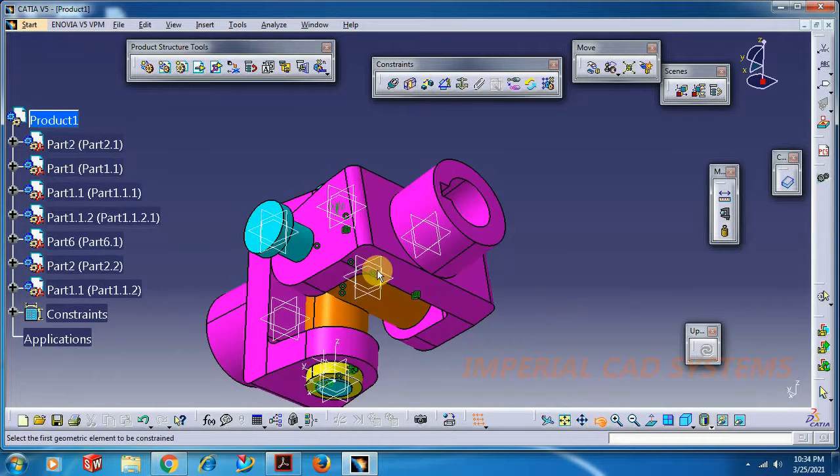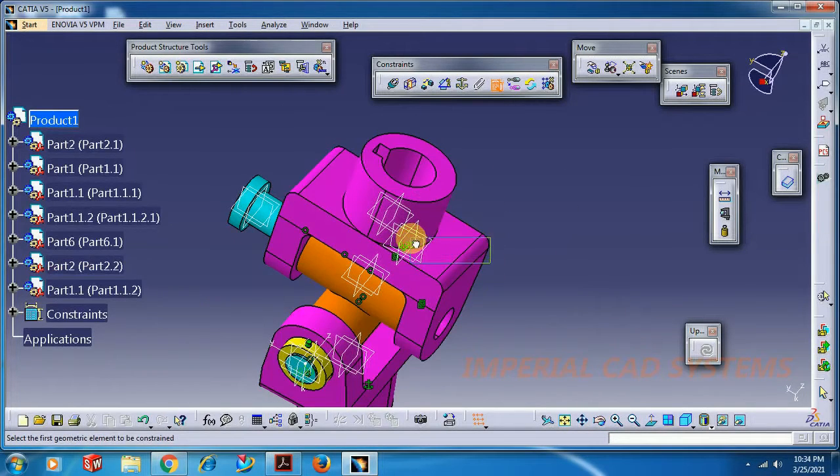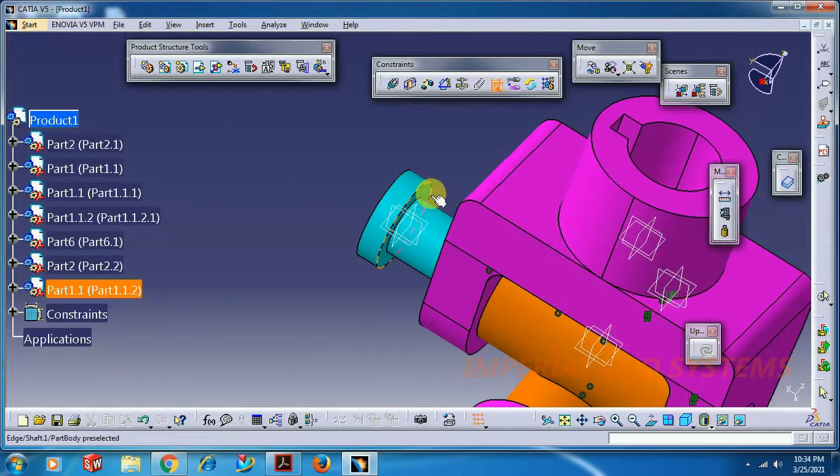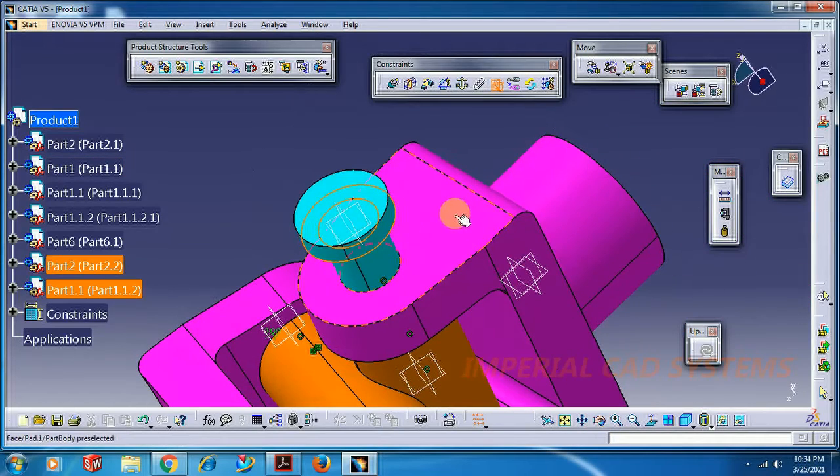Even for contact you can go for quick constraint. Select this, select this surface, turn this.